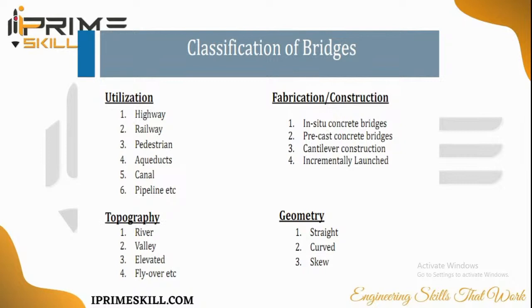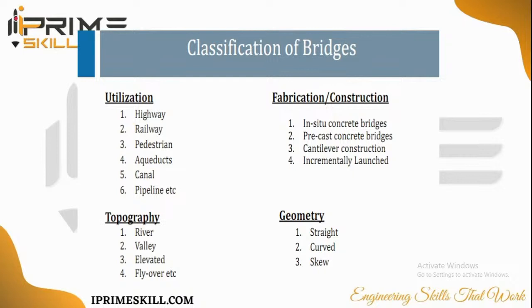Topography: flyovers are also a bridge. You see different types of flyovers, so you will see all kinds of international bridges. Then elevated corridors, metro station kind of a bridge, valley bridge, river, and then straight, curved or skewed bridges based